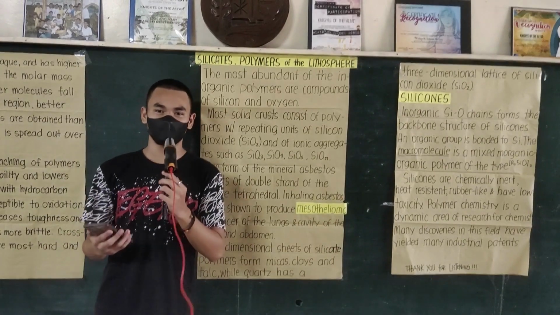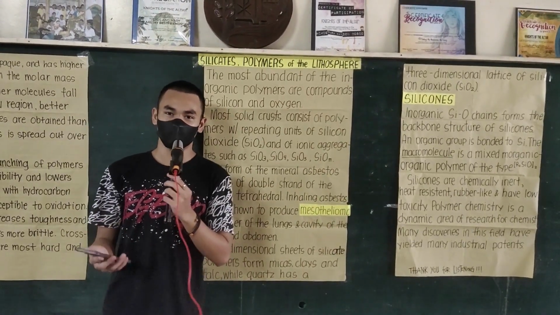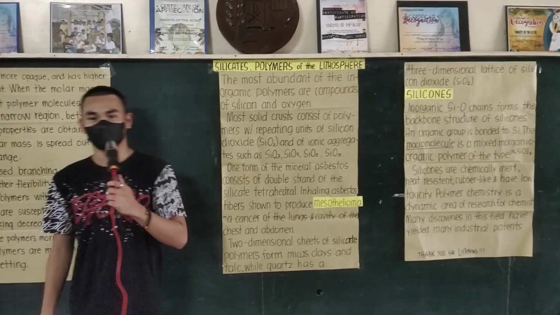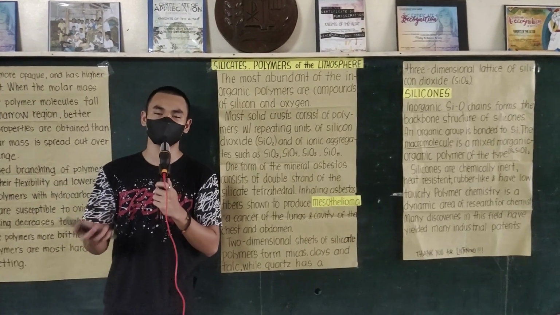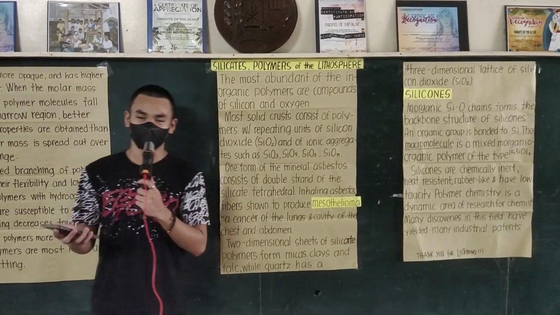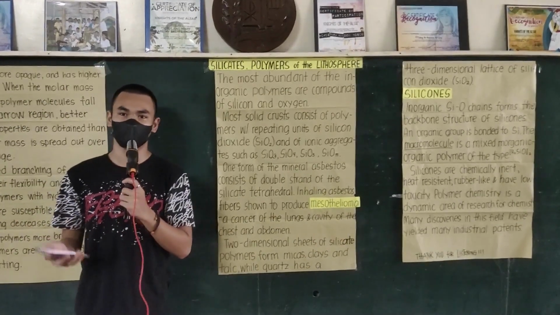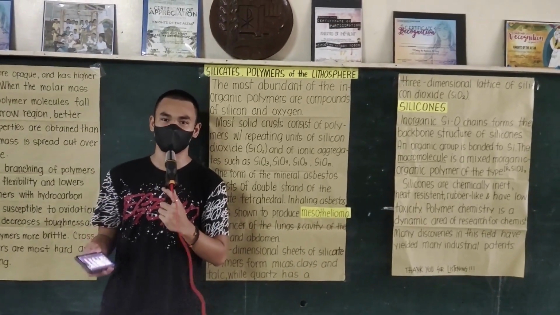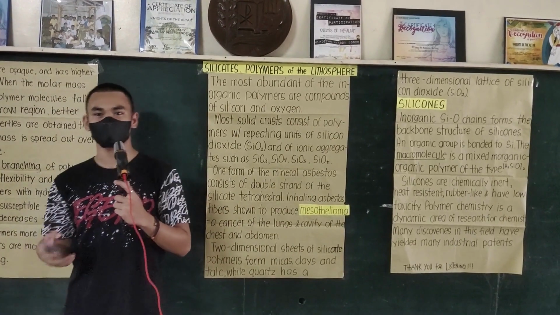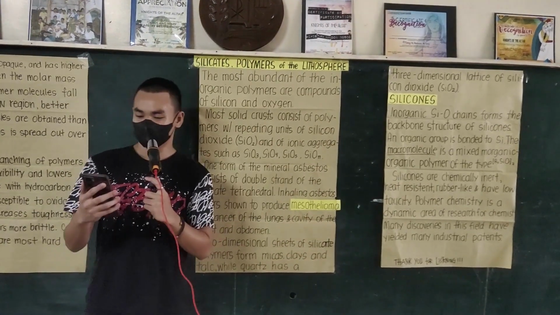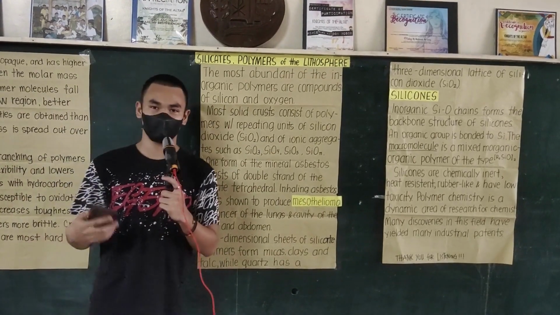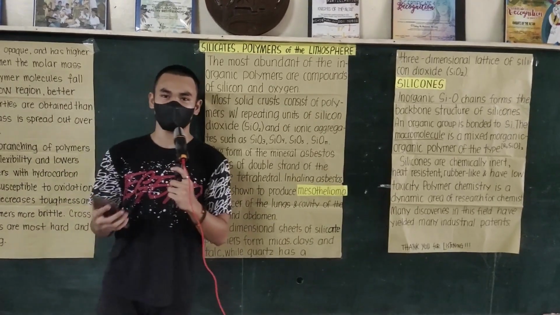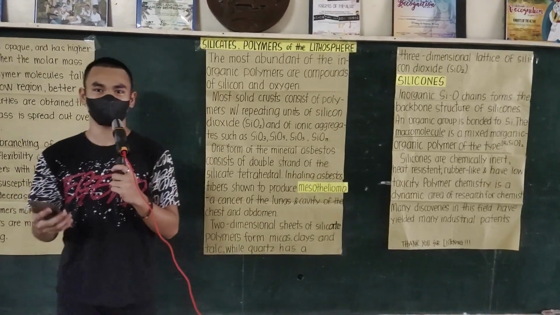The clays, rocks, and inorganic soils that make up the Earth's crust are primarily composed of silicon and oxygen. The planet's crust, which is made up of the outermost layer of land and water, is typically 46% oxygen and 28% silicon by mass. The majority of the Earth's crust is made up of polymers containing silicon dioxide, SiO2, with repeating units, and ionic aggregates like SiO3, trioxidosilicate, SiO4, orthosilicate, Si2O5, kaolinite,